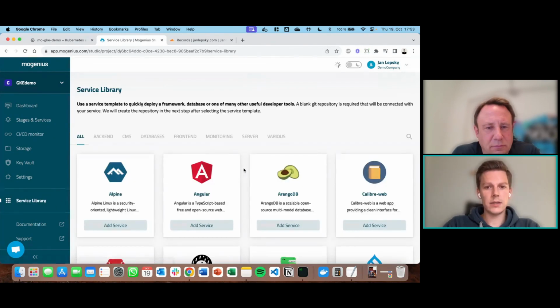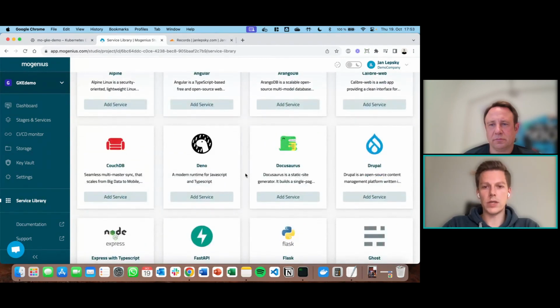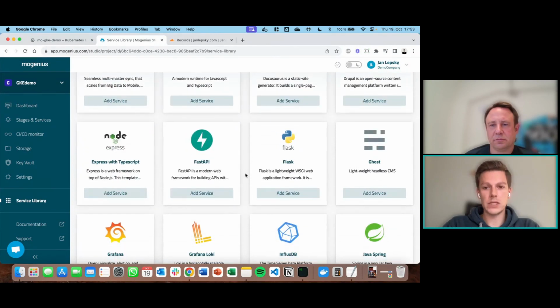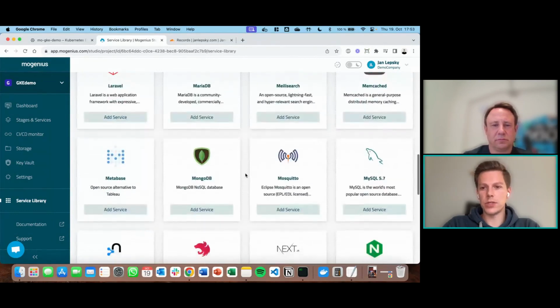So as a last step for this demo, we want to show how we can deploy templates and pre-configured services. So the service library allows you to pre-configure container images or repositories. So we can deploy boilerplate code or pre-configured images. You can see that there's a wide range of services here, front-end and back-end applications, but also CMS tools or monitoring tools, search engines, basically anything that fits in a Docker container can be configured as a template here.